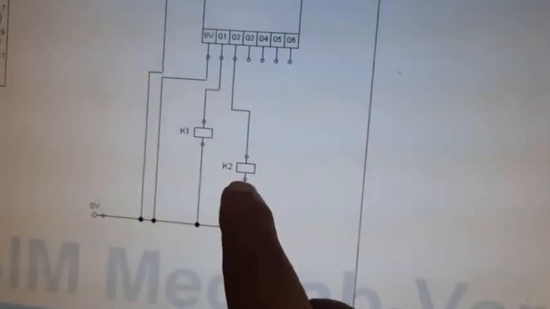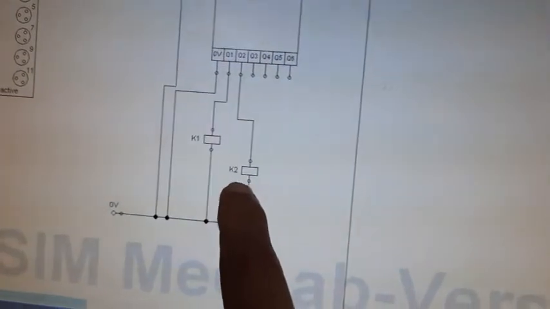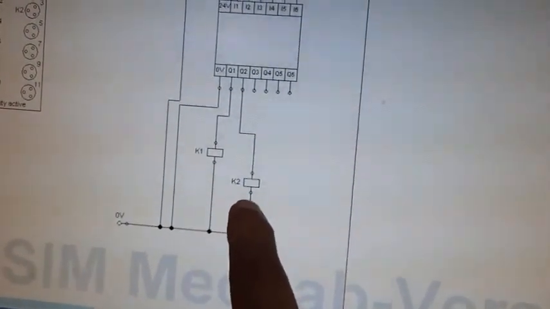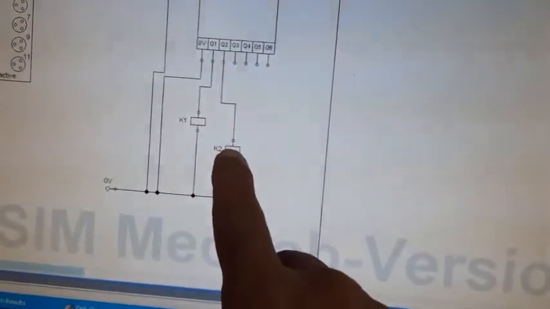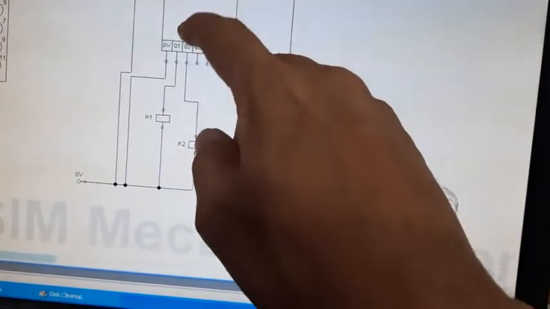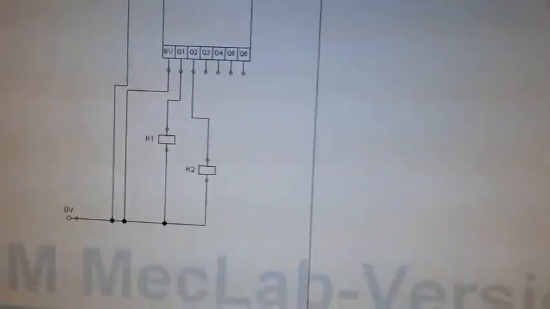K2 is another relay that is used to rotate the DC motor, which is used for conveyor action. Whenever K2 is energized, the conveyor belt will start rotating. So between I2 and Q2, we have to write the necessary logic.